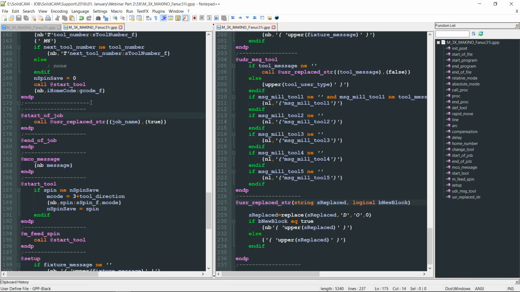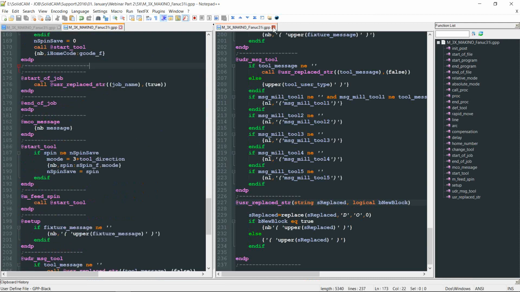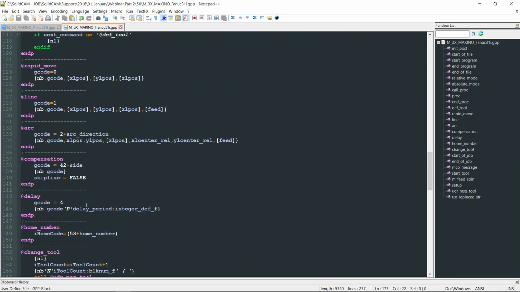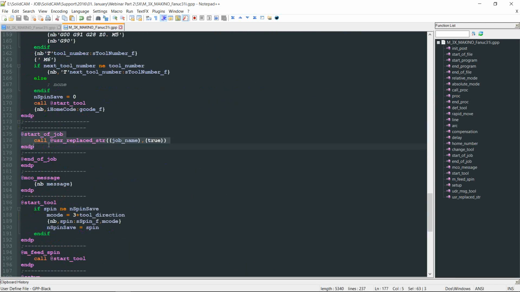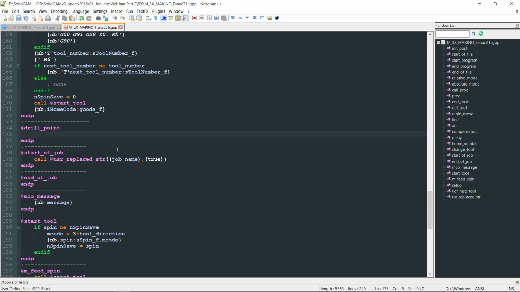So the first question is where to put it inside the post-processor, right? There is no limitation on where you can put it, just not inside of your procedure. So just put it wherever you want, like the drill point, NP. I'll just immediately close it in order to not make mistakes. And first,